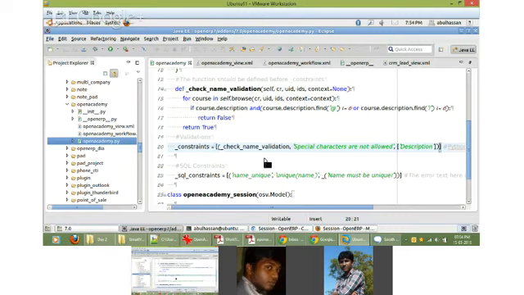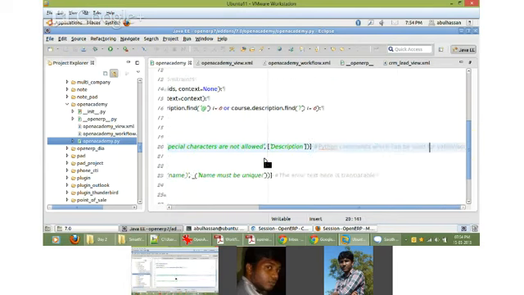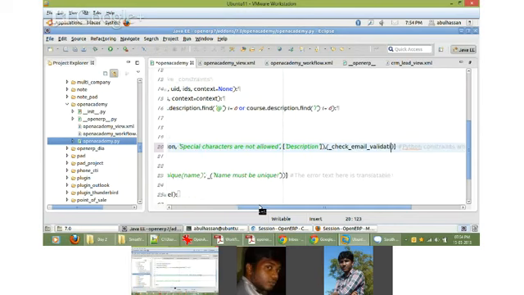Say for example you can add another function like this. We can say check email validation, something like this. And you can give the error. If it fails, then it will show this error.